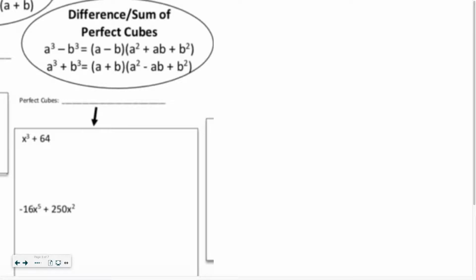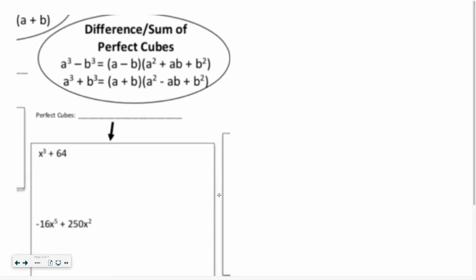X squared plus 4 does not factor because x plus 2 times x plus 2 is really x squared plus 4x plus 4. It has a middle term. So it doesn't factor if it's x squared plus 4. But with this one, it's the sum and difference of perfect cubes. So that means it could be subtraction or adding